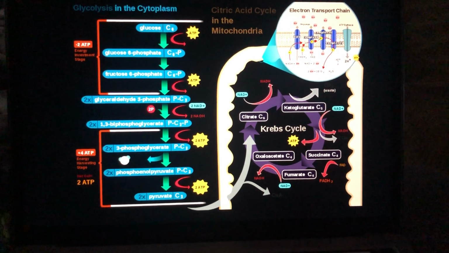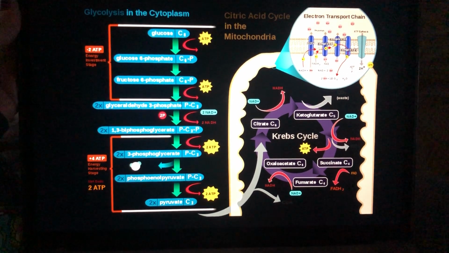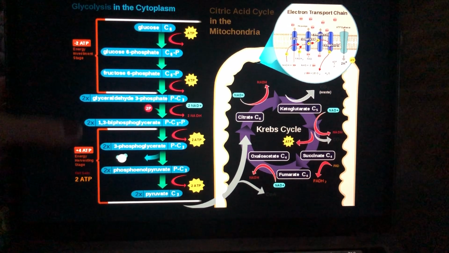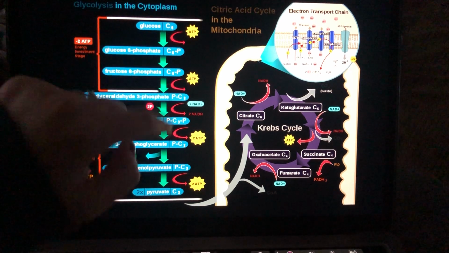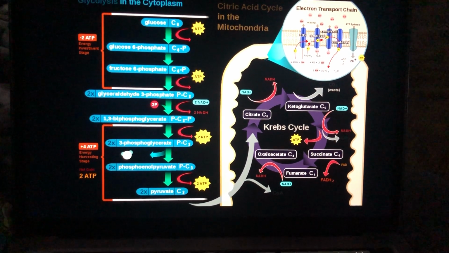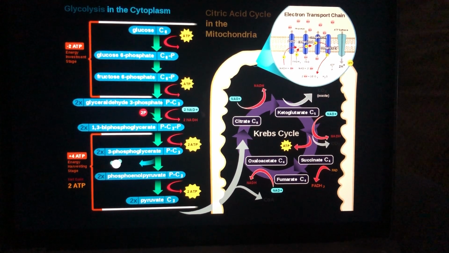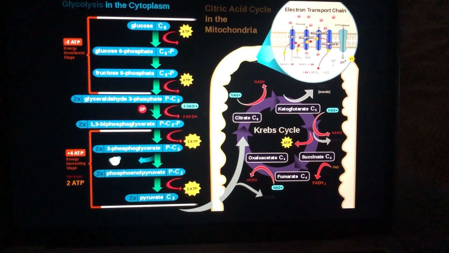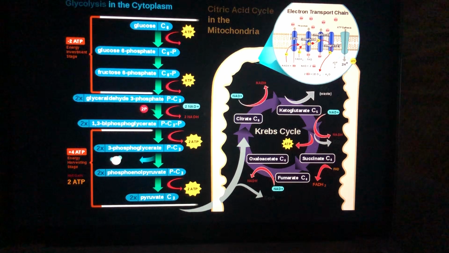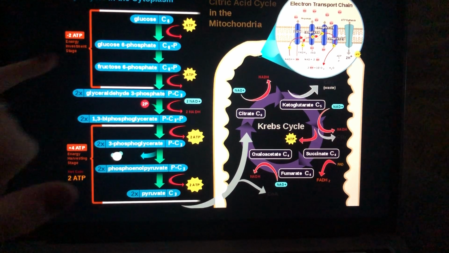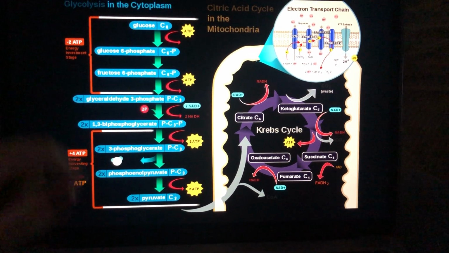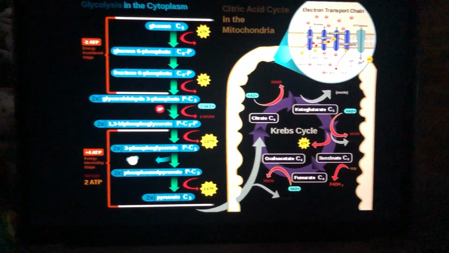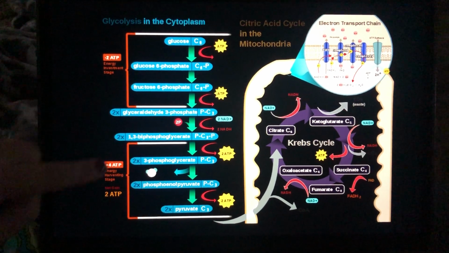On the left, I don't know why glycolysis is so dark, but to the left are all the stages of glycolysis, and we can see the little yellow stars are ATP, these little blue boxes are NAD+ that are produced, and in the blue boxes it says what's being formed. Over here we can see negative 2 ATP,